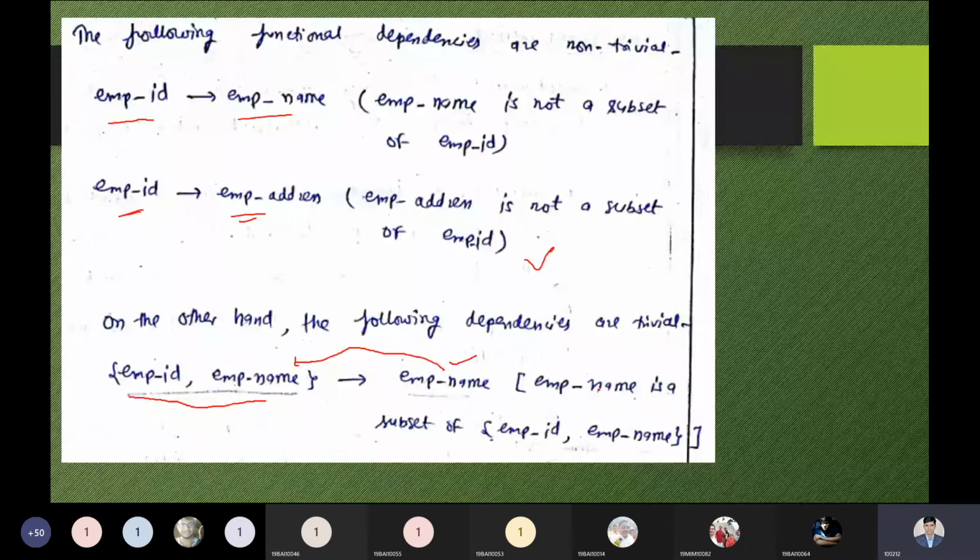Now the second point says a multi-valued dependency is a full constraint between two sets of attributes in a relation. In contrast to functional dependency, the multi-valued dependency requires that certain tuples be present in a relation. So if you are talking about multi-valued dependency, it should be followed by the full constraint between the two sets of attributes. With an example we can understand, but keep these two points in mind while seeing the example.